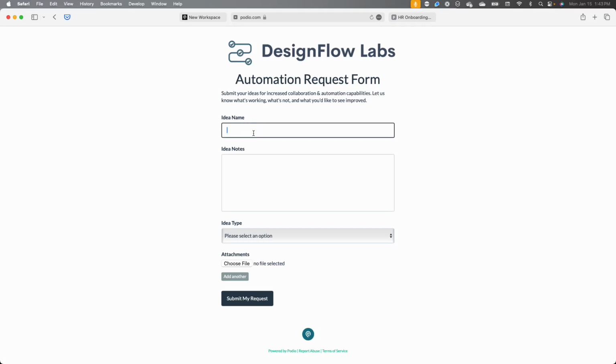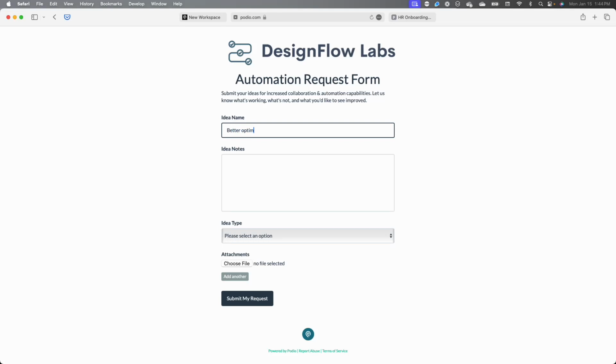One of the things that we're going to introduce is maybe somebody internally saw the potential for additional automation around the work they're doing with HR projects, right? HR is always one of those teams that is taking a lot of requests, a lot of questions, dealing with a lot of things. So maybe somebody recognized, hey, there's maybe a possibility for us to help streamline some of that work. So we're going to come in and submit an idea to the request form,